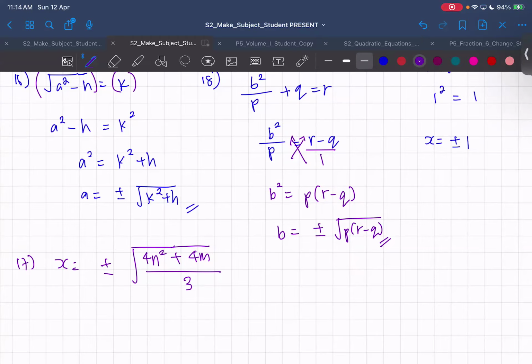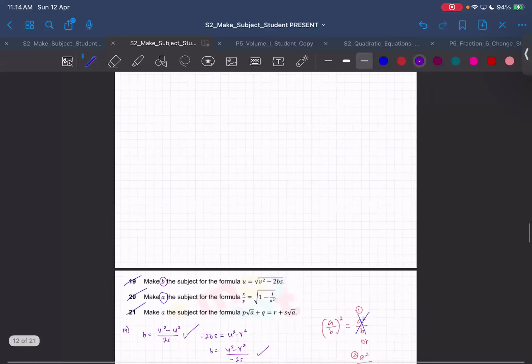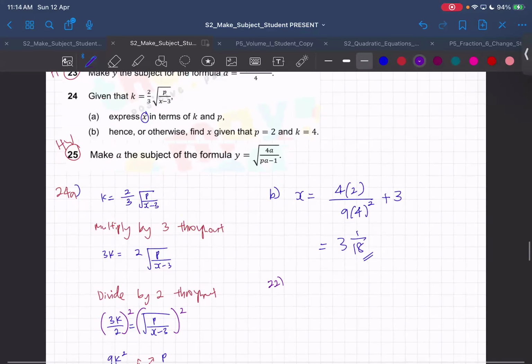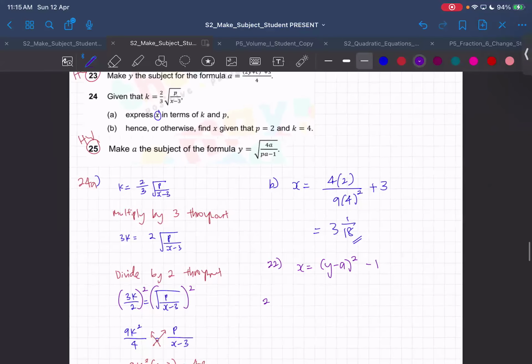Same as me? Same? Okay, then question 22. Question 22 is x equals to y minus a square minus 1. Same? David? Yeah. Okay. Don't need to go through. Okay, 23, you will get